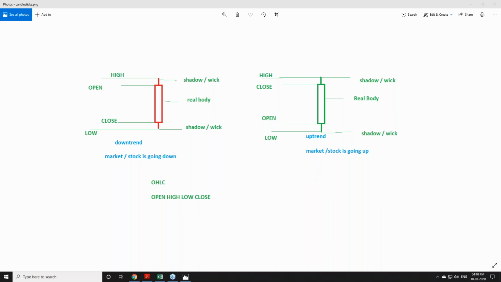Just remember, this is a very important study in candlesticks, whether it is a 15-minute chart or a daily chart. It opened, went high till here, completely came down, and closed just above the low. Opened, came down immediately, went completely high, and after that closed just below the low. So close will come on the right and open will come on the left. Say, for example, if this is the price fluctuation, open will come on the left and close will always come on the right.